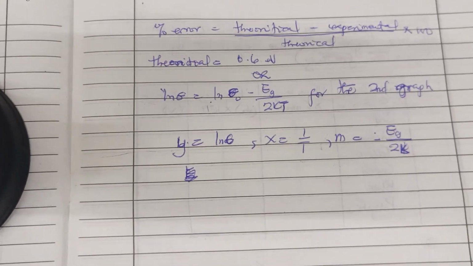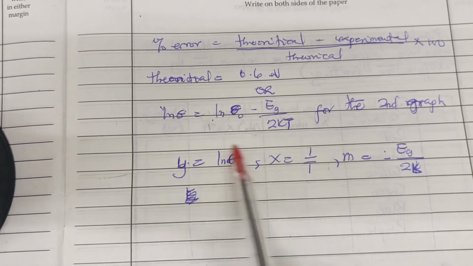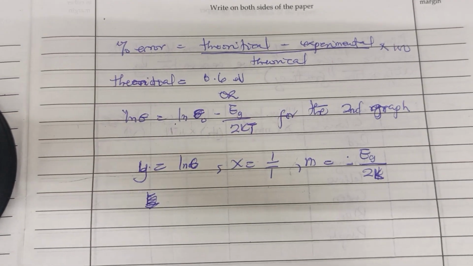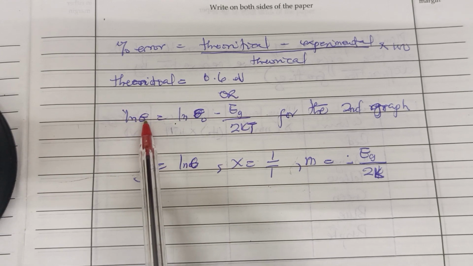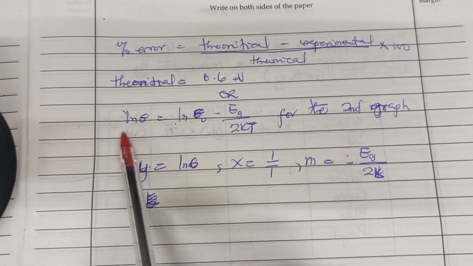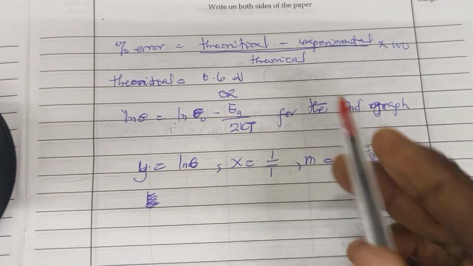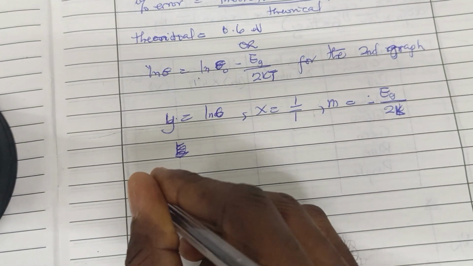Now what we do next is that we have this equation, right? There is this equation that was written in the manual. Now the main thing is that if we are supposed to plot, we are plotting ln σ against 1/T. What we have to do is rewrite this. Now that will be ln σ,